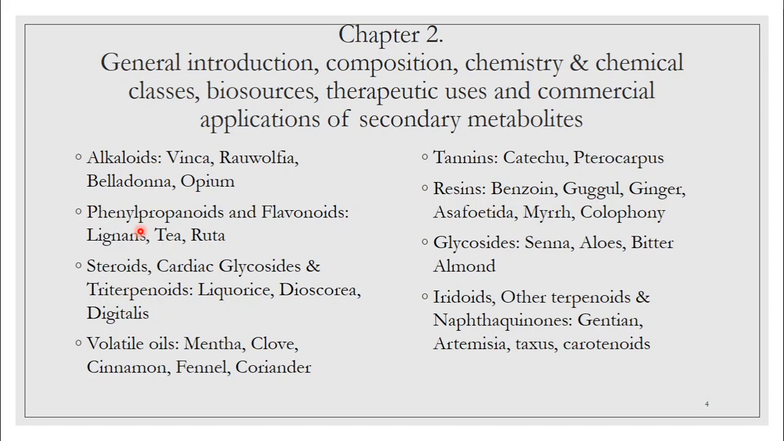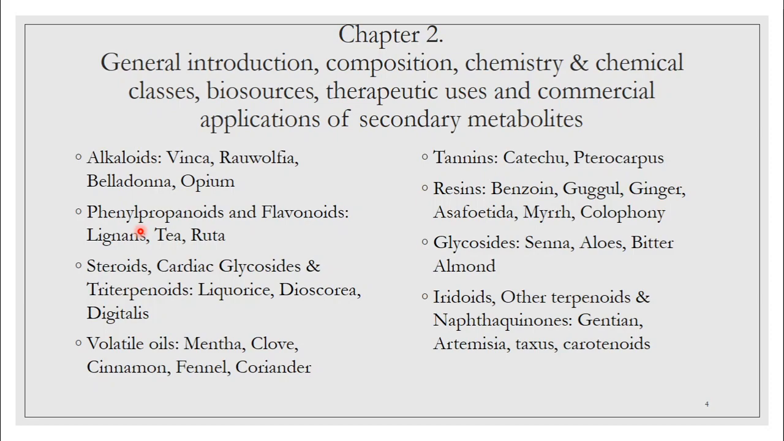Means simply, the group of phytoconstituents derived from phenylalanine and tyrosine is called phenylpropanoid. Next is flavonoids. The flavonoids are defined as polyphenolic compounds by virtue of their chemical structure, which contains 2 phenyl rings. Means flavonoids contain 2 phenyl rings linked by a propane bridge, resulting in a characteristic 15 carbon